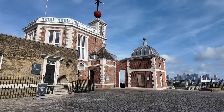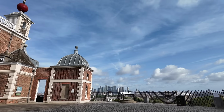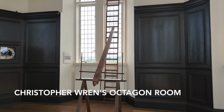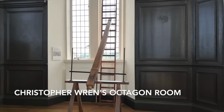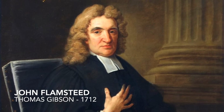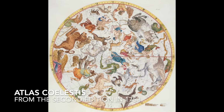Remember, the former location of Placentia. It was remote, on a hill, and already owned by the king. It was perfect. Christopher Wren designed the grand house here, and they hired John Flamsteed to create an accurate map of the stars. He was given the title of the first astronomer royal, and he created this work, the Atlas